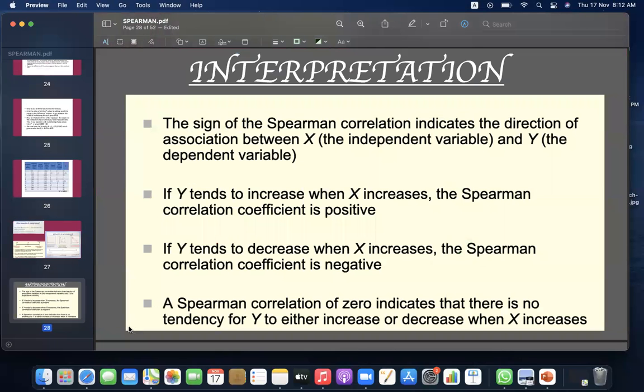Interpretation. The sign of the Spearman correlation indicates the direction of association between X, the independent variable, and Y, the dependent variable. If Y tends to increase when X increases, the Spearman correlation coefficient is positive. If Y tends to decrease,